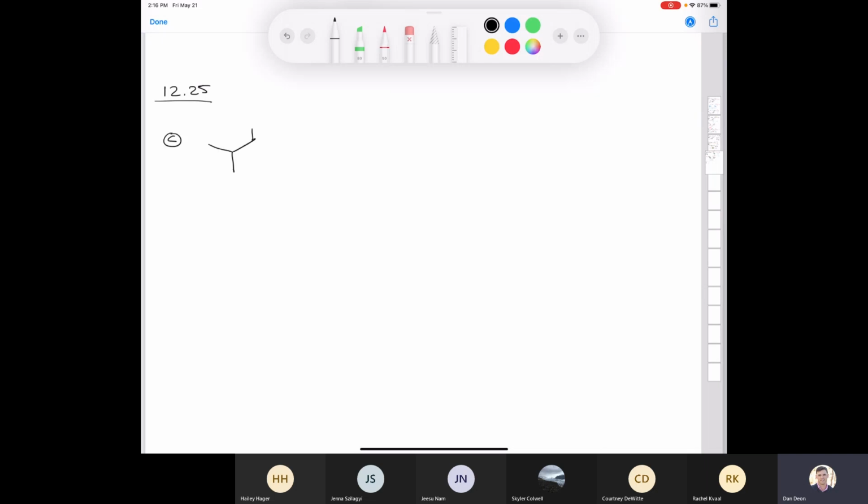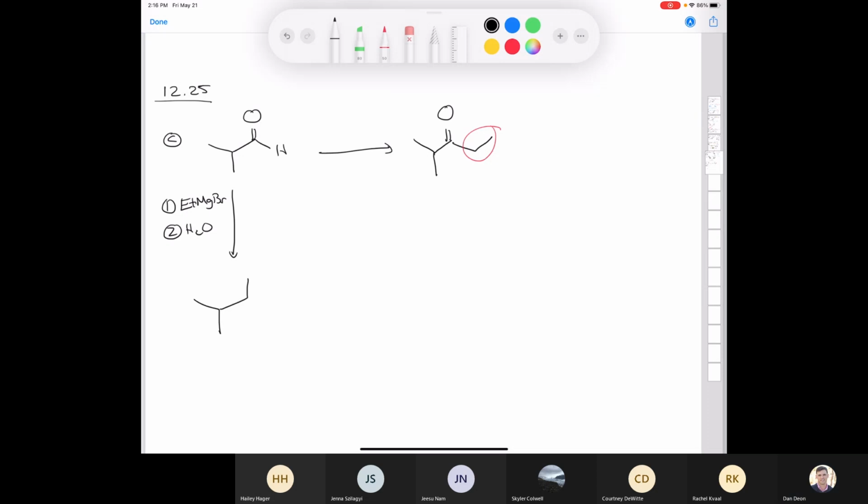We're starting it with this simple aldehyde, only 4 carbons, and we're making another ketone. Well, the reason we repeat this type of synthesis so many times is because it's so important in organic chemistry, right? You're adding a total of 2 carbons to the molecule like that. So you need to know how to use a Grignard reagent, right? Ethyl magnesium bromide, followed by treatment with water to give you this secondary alcohol,